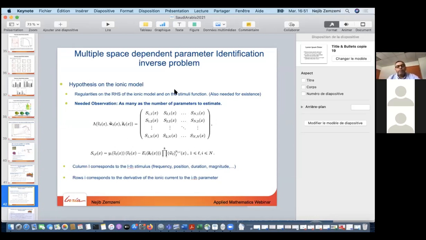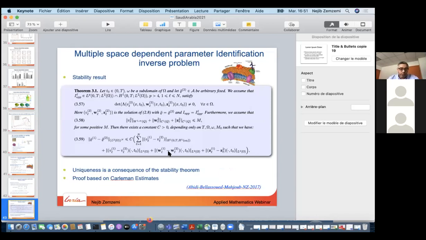If we suppose that the matrix is full rank, that is, the determinant is different from 0, we can prove under certain regularity, generally under a hypothesis on the